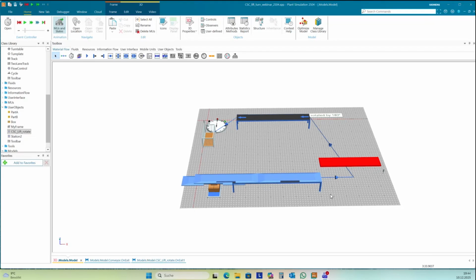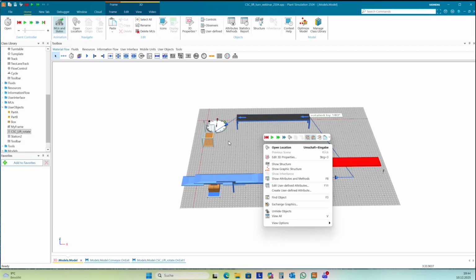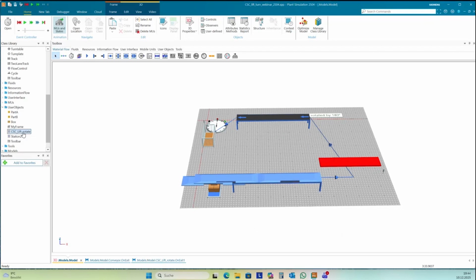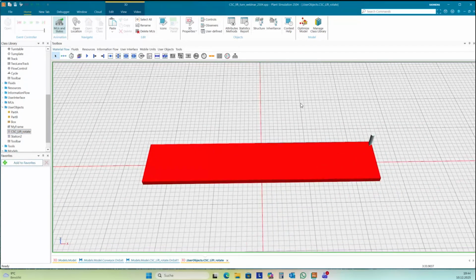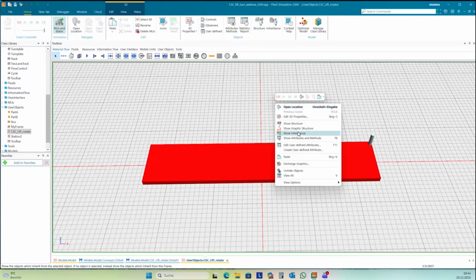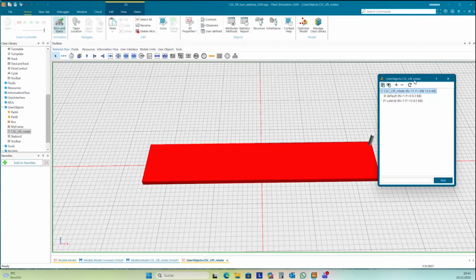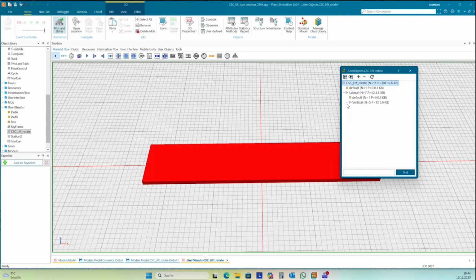He's asking, can you please show the graphic structure tree of the lift to show the animatable objects? I open the lift, and then you go in the background of this, and then right mouse click, show graphic structure, and this is the graphic structure of this object.